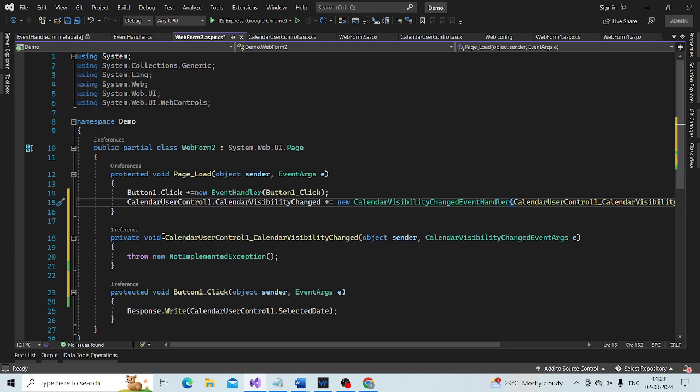This is the new method automatically generated, and this is the method CalendarUserControl1_CalendarVisibilityChanged.